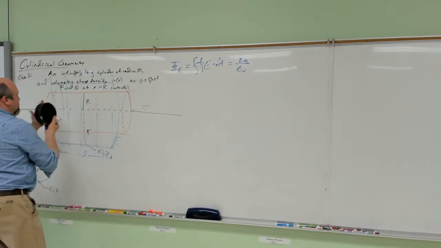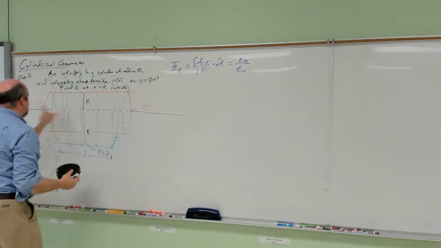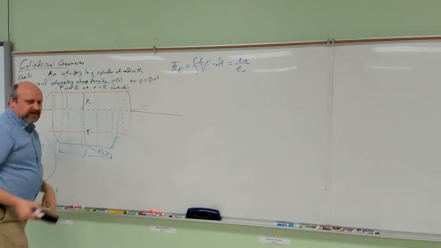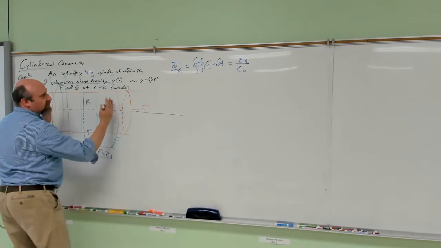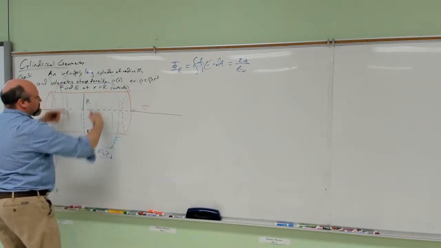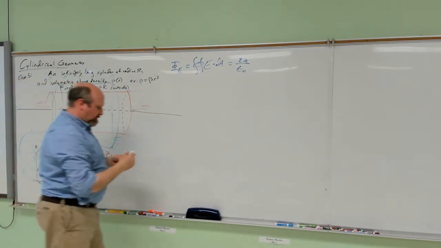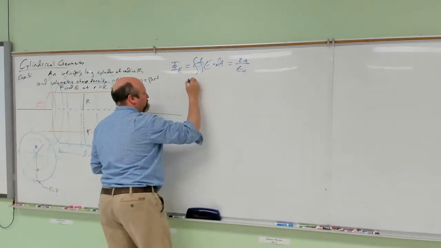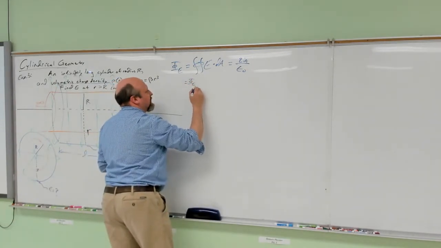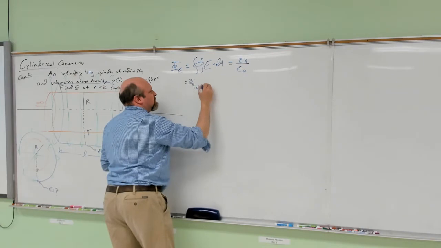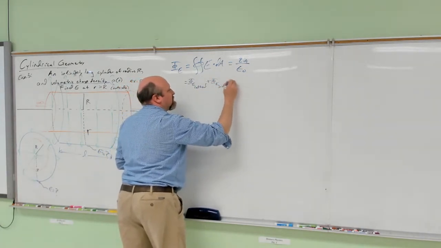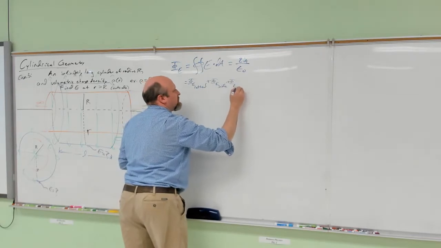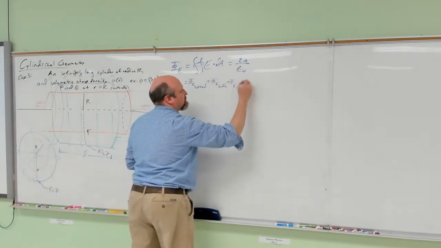Now, the ends, there are no field lines punching in or out of these surfaces, so they contribute no flux to my calculation. I have to worry about the flux out the side. So, again, this is the flux out the left end, the flux out the side, and the flux out the right end of that cylinder in this diagram,